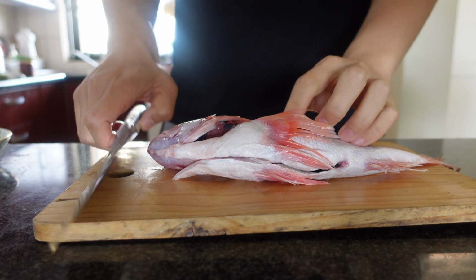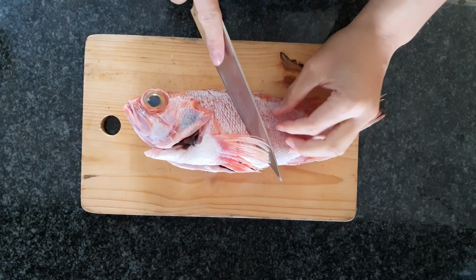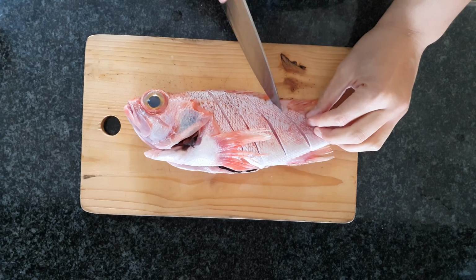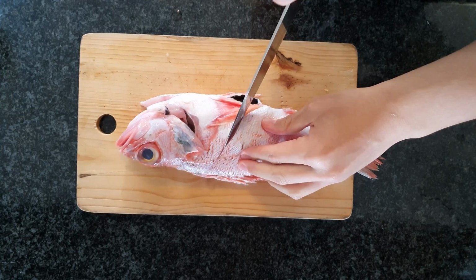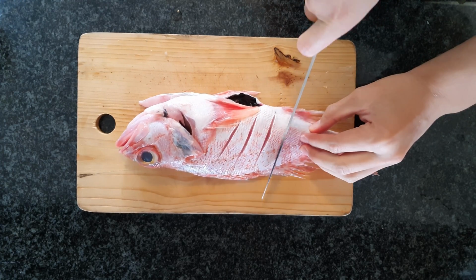Starting off, we'll be scoring the fish on both sides. This will help the fish cook much quicker while it's boiling. You don't want it to overcook, because the fish would become super dry and tough. It'll also taste kind of like canned tuna if you overcook it. Not the best. What we're looking for is something a little bit more tender and with nice bite, and not